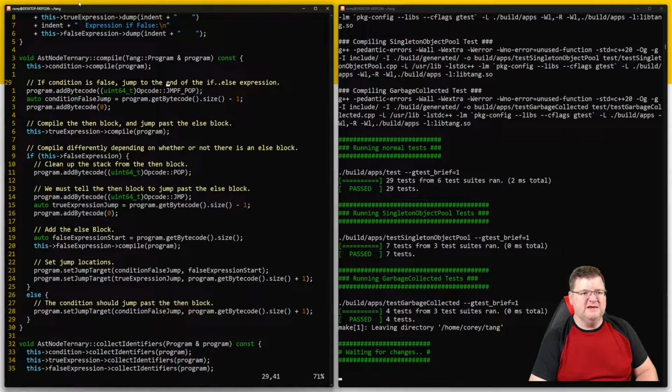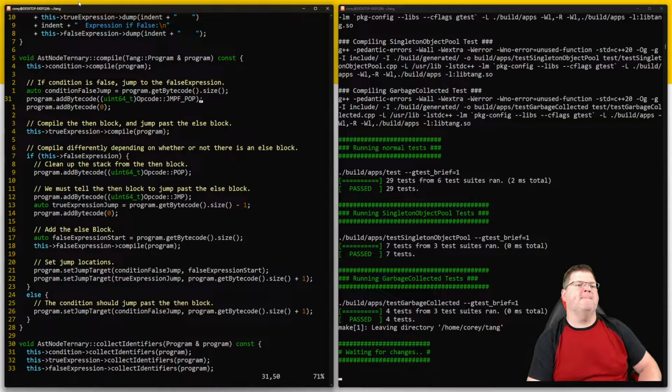Jump to the false expression. False jump, that's fine. I think I like doing it that way better. The true expression is fine. And now